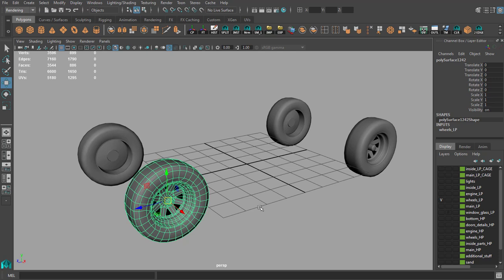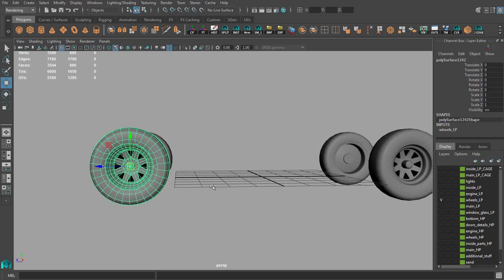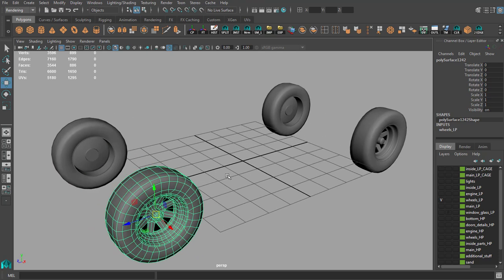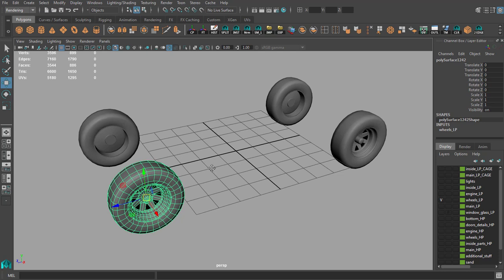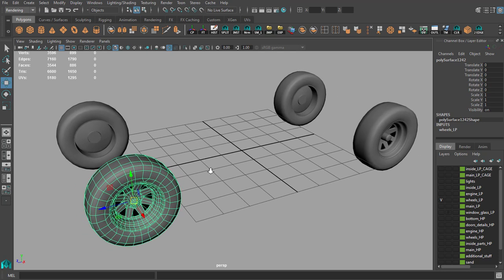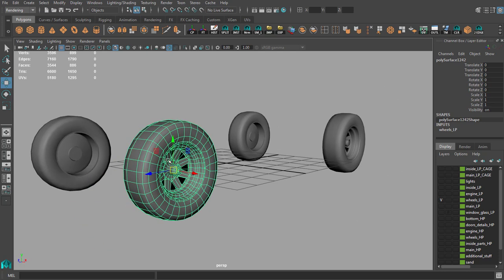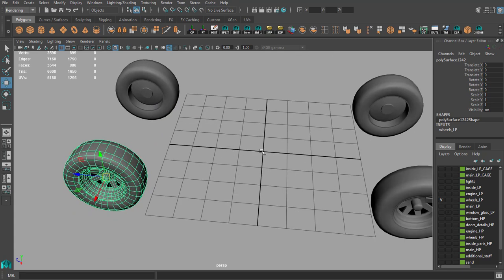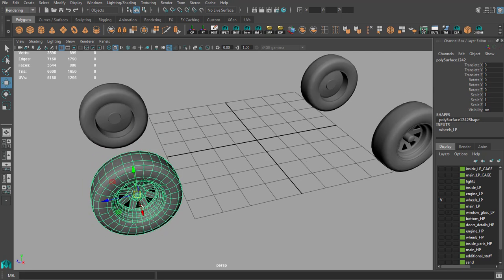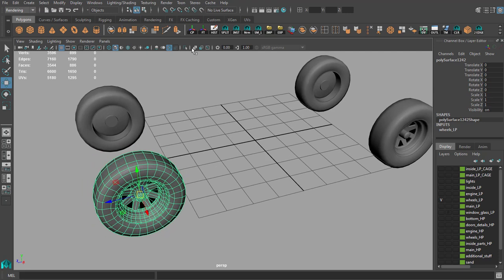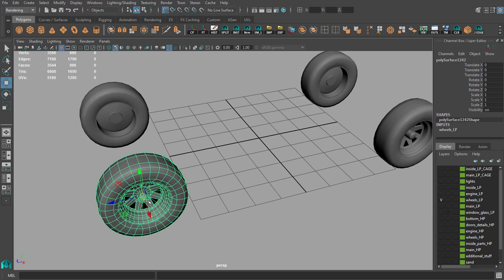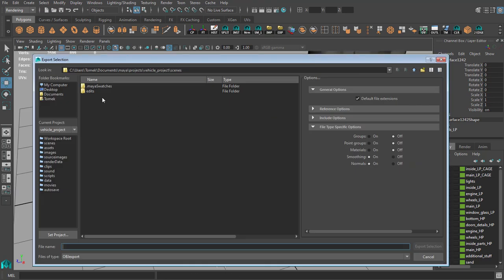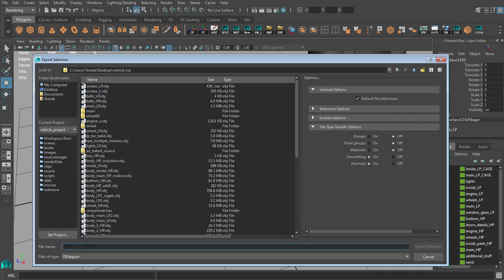Okay, so let's start from something simple. I will take this one wheel and put it on the center of the scene because I want to export it, and it will be easier to work around the wheel if we have it on the center of the scene. So you can center your pivot for this object and snap it to the center, freeze transformations and export it as a